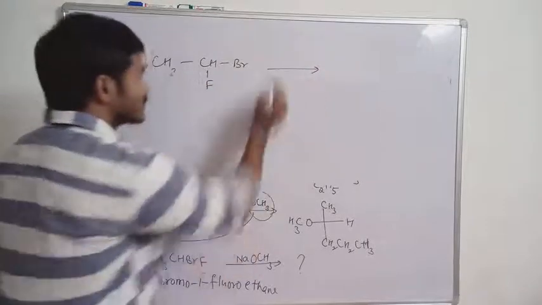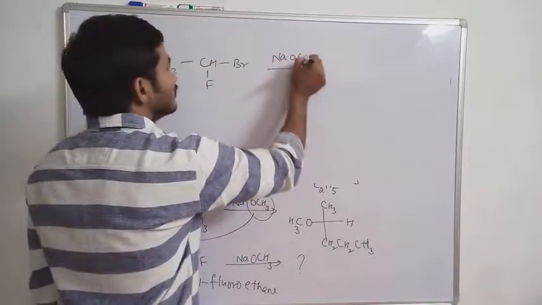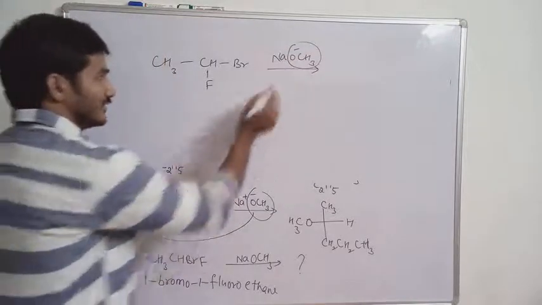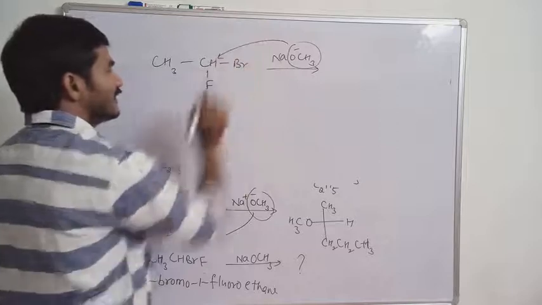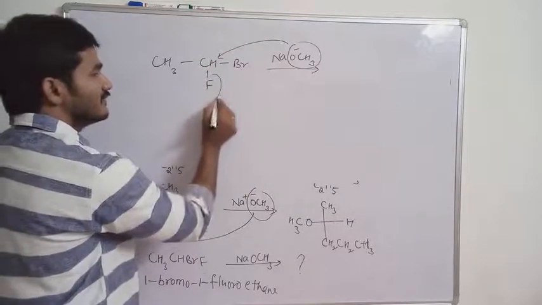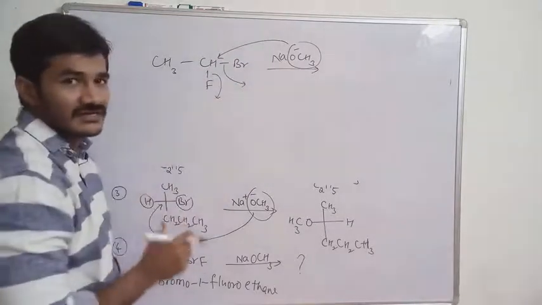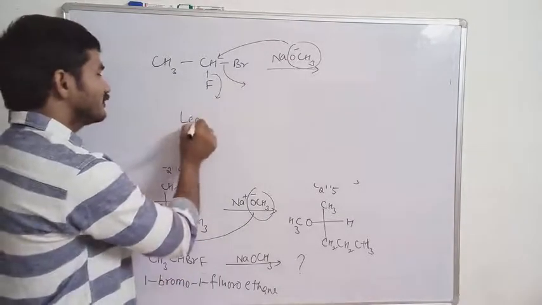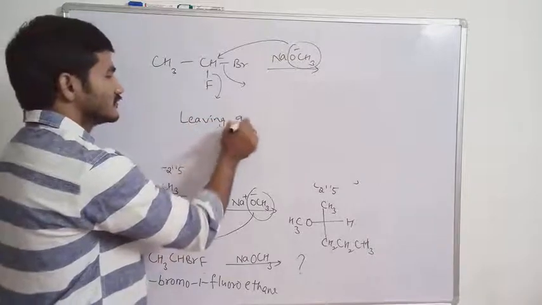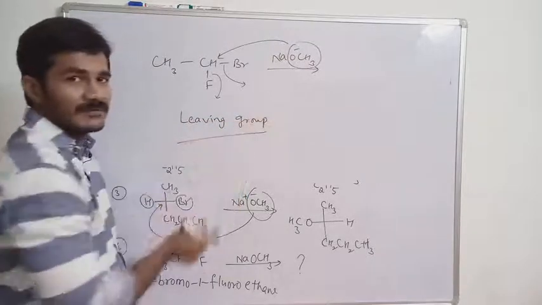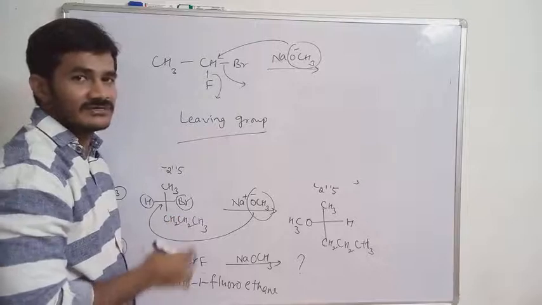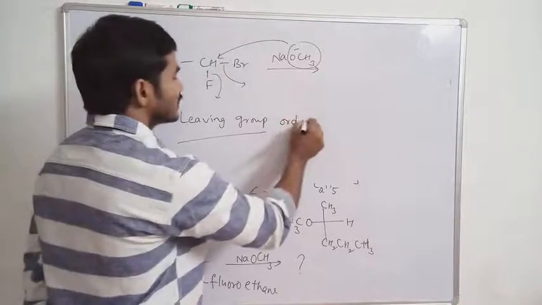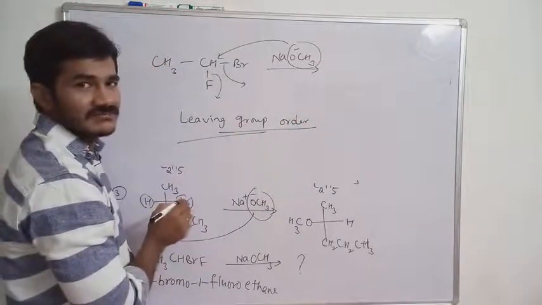What is the nucleophile in this? The reagent is sodium methoxide, the nucleophilic part is methoxide. So the product, normal product, right? When it attacks here, which is eliminated? Either F is eliminated or Br is eliminated. Which halide is eliminated? To understand this, you have to understand the leaving group concept. I already explained leaving groups in my previous lectures. If you have any doubt, you can watch that video about leaving groups. So, in the leaving group order of halide ions, which is the best leaving group?